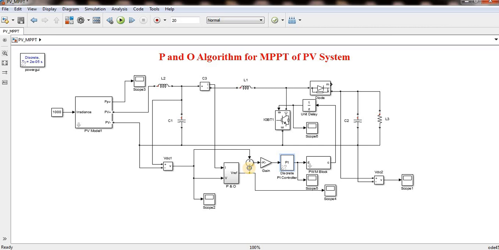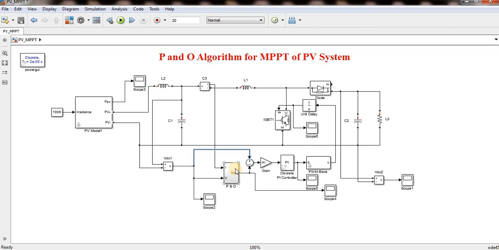But generally many controllers will show you that V reference, or speed reference in case of induction motors, or speed reference in case of D-STATCOM, or whatever the reactive component reference, whatever the references are there, they will take them with a positive sign. But here the reference will be taken with a negative sign. If I consider my output voltage, then I can consider this as positive and this as negative. Based on output voltage also you can design the P&O algorithm.